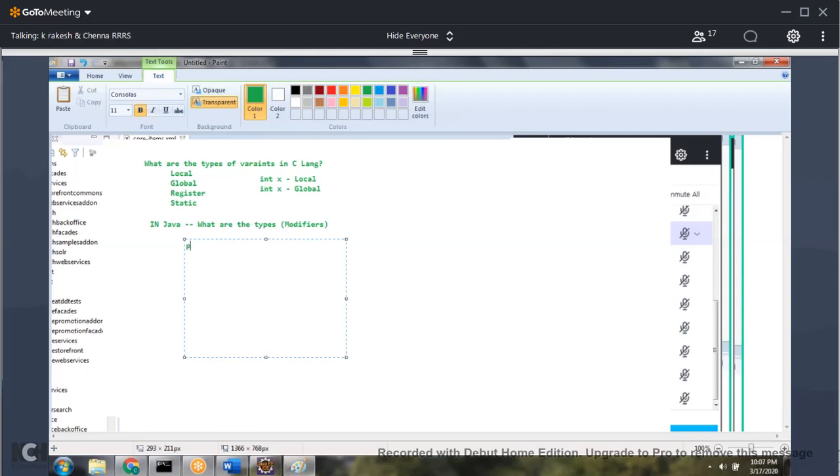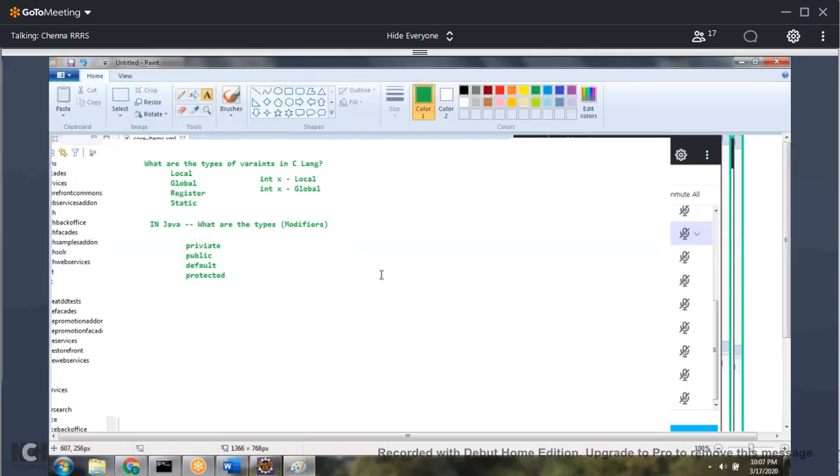Private, public, default, and one more is protected. So what is the purpose of private, default, public, protected? The scope of the variable in a class. It tells us where exactly we want to access it.